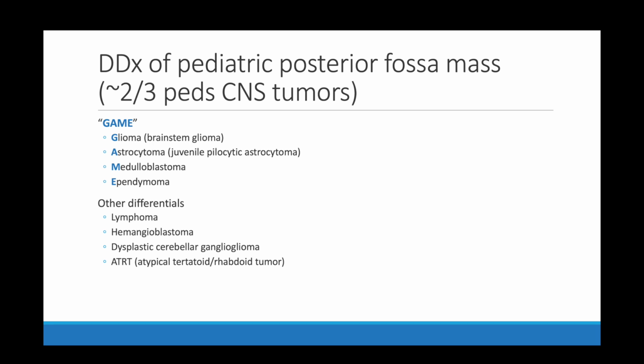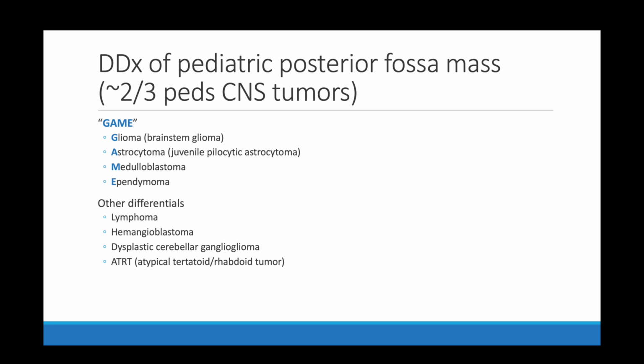So there is a nice mnemonic for the differential diagnosis of a pediatric posterior fossa mass. And the mnemonic for this is GAME, G-A-M-E. So glioma, such as a brainstem glioma, astrocytoma, such as a juvenile pilocytic astrocytoma, medulloblastoma, and then ependymoma. So GAME is the mnemonic for the differential for a posterior fossa mass in a pediatric patient. So once again, just to repeat, glioma, such as a brainstem glioma, astrocytoma, such as a juvenile pilocytic astrocytoma, medulloblastoma,